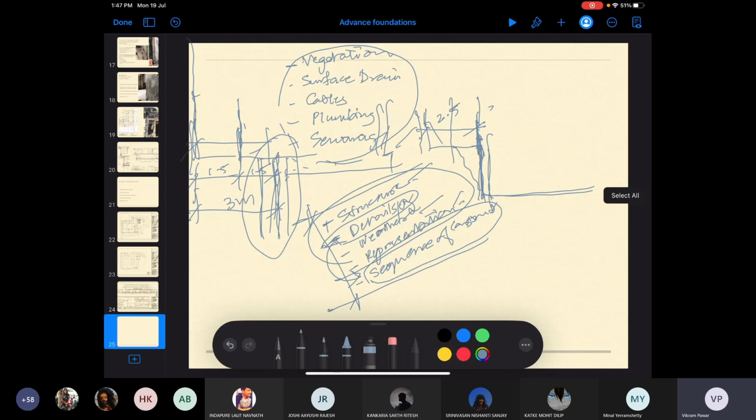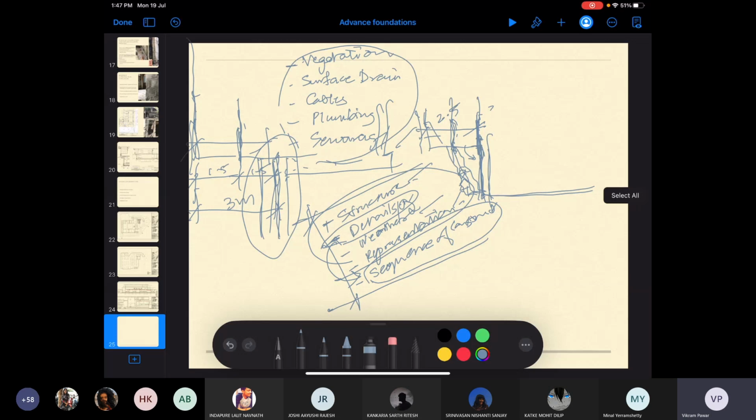So if the excavation starts, whether it is either 1.5, if you want to leave an excavation, you need a space beneath it, depending on whether you are going to do the waterproofing from outside. If you are doing the waterproofing from outside, you will need at least 1 meter of space for a person to stand and plaster and do the work of waterproofing. Correct. So the excavation will account for that.